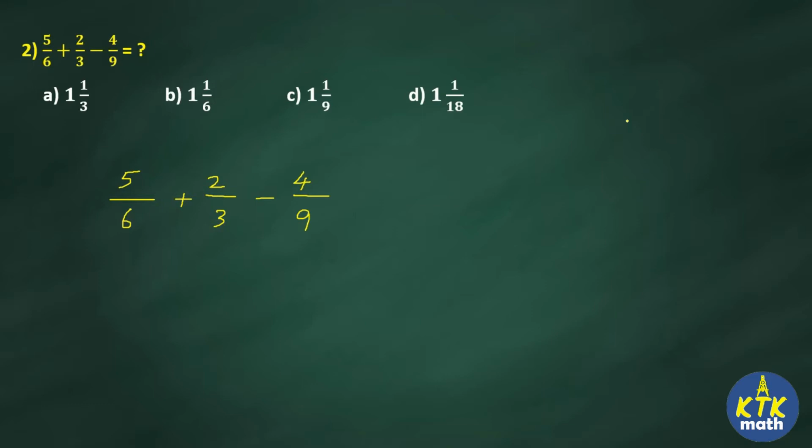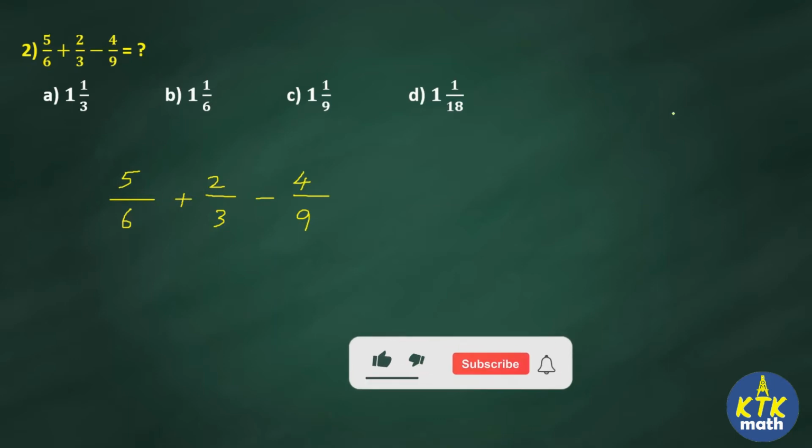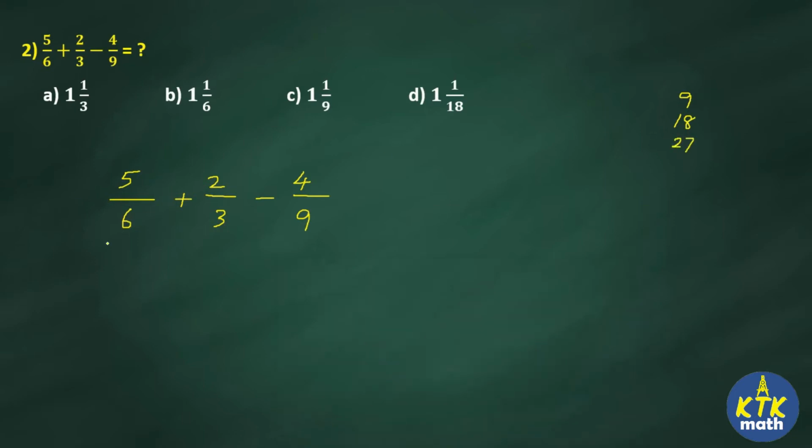Here I will give you a clue on how to find the LCM in a simple way. Which is the largest number here? 9. Just write down 9, then 9 twos are 18, then 27, and so on. Now what are the other denominators? 6 and 3. This 9 will not come in the 6 table, but it will come in the 3 table. So I cannot use 9 as LCM.